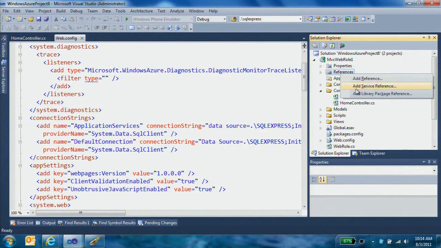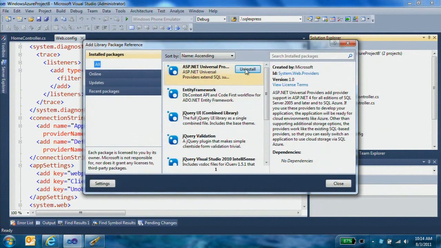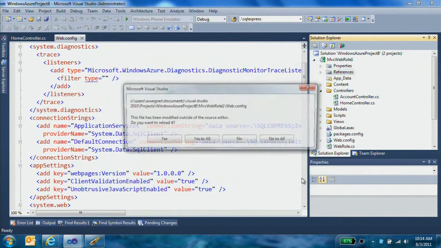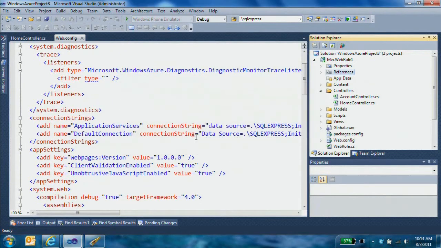So what you can do is come to the library packages and uninstall the universal providers. Obviously, if you're using them, then what you want to do is set up everything with SQL Azure, test it locally against your SQL Azure database, and then go deploy. In fact, it's great if you do that. But if you're like us and you're just deploying a lot of MVC3 stuff, maybe demos, proofs of concept, whatever,